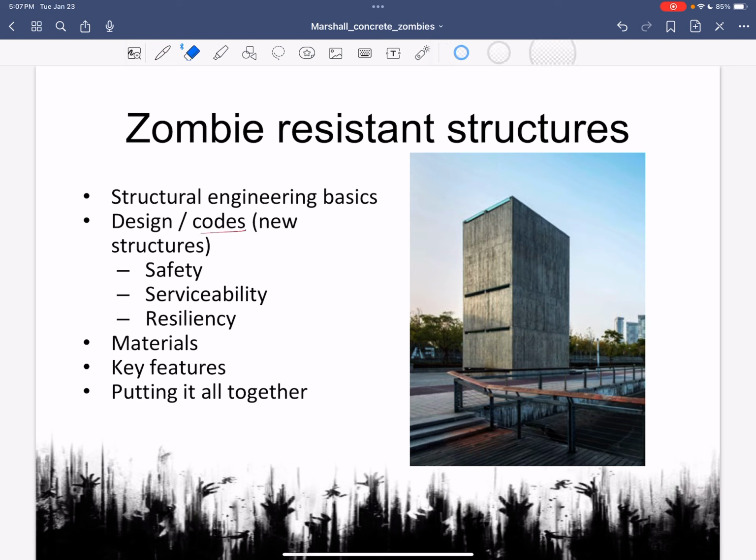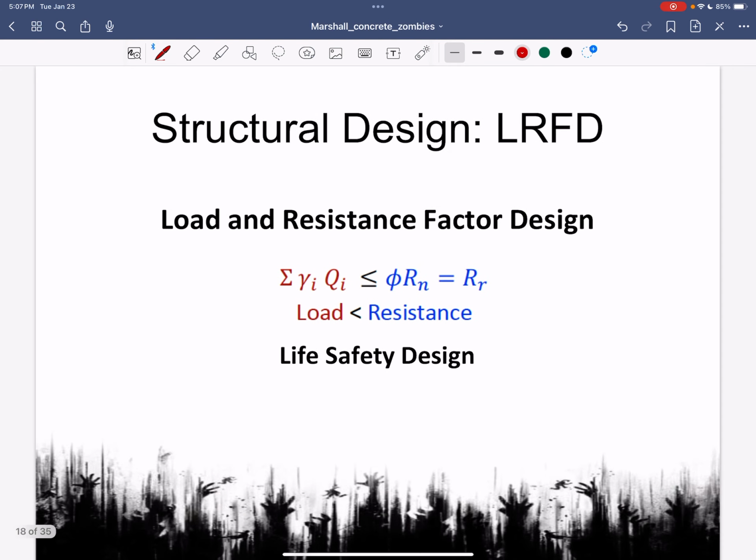When I'm not at Marshall, I work for the American Concrete Institute and also teach classes, but I am a specialist in developing these codes for concrete. Talk about the different pieces of that, materials, features, and then how we put all that together for a concrete zombie-resistant structure. We'll talk a little bit here about load, but I'm going to touch on this next week.